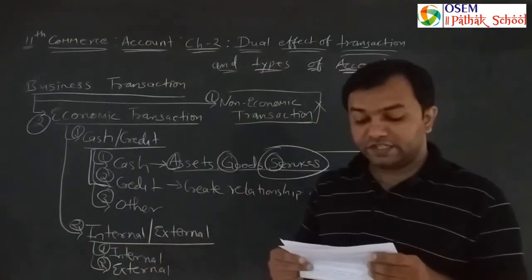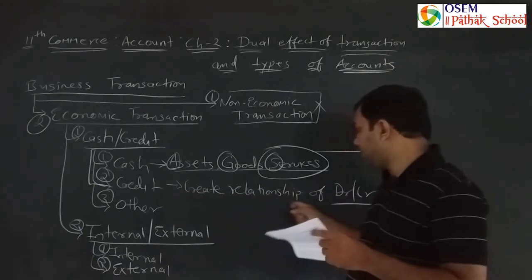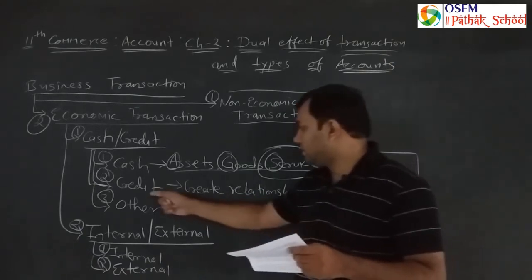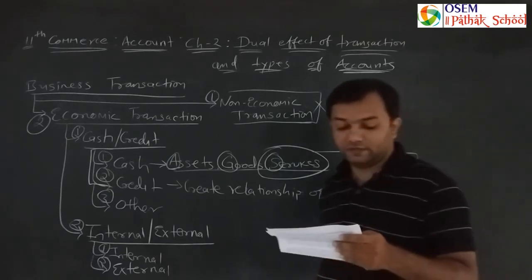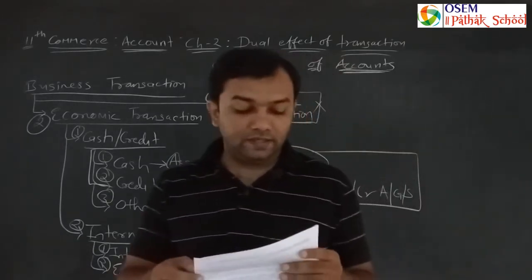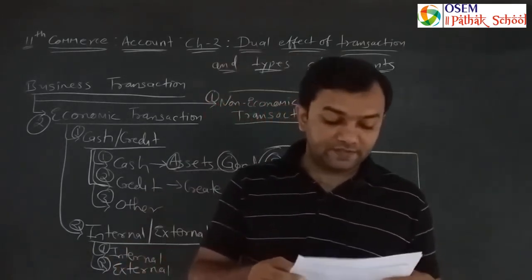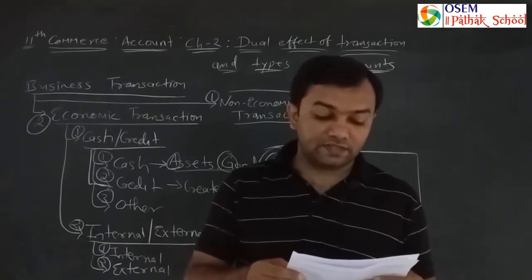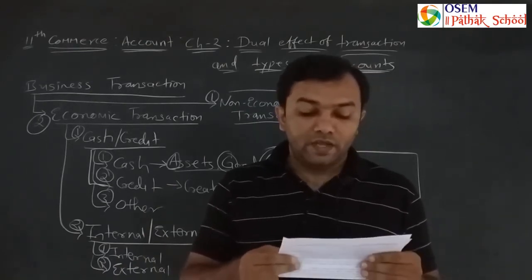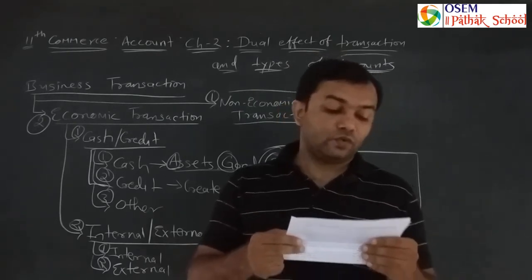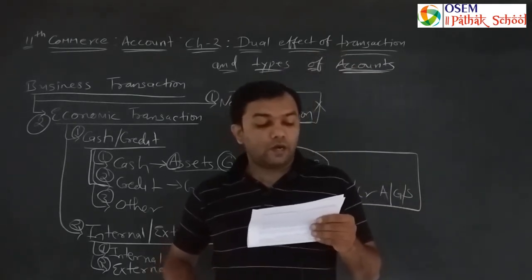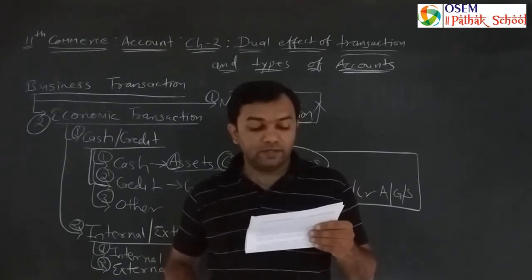Now, there is a transaction for receivable and payable. Create relationship of debtor, creditor, receivable and payable for asset, goods and services. There is a large paragraph given in your textbook, page number 26. Transaction for receivable, payable. Any amount which is outstanding to pay us for asset, goods or services acquired in the past is known as a payable.